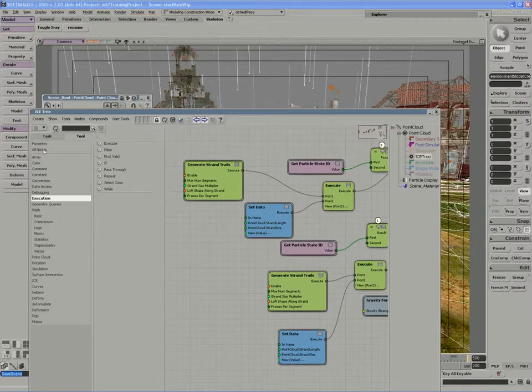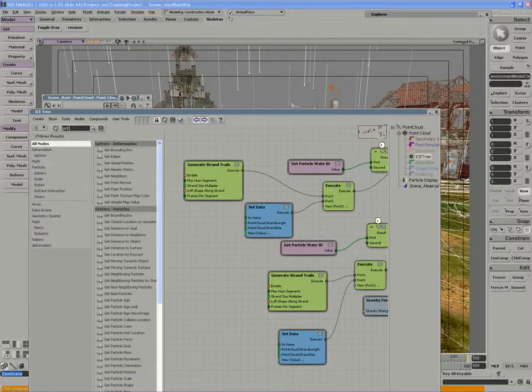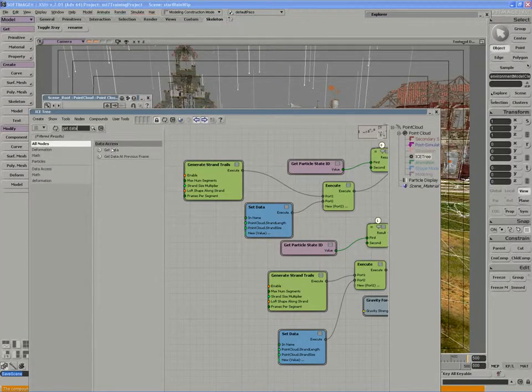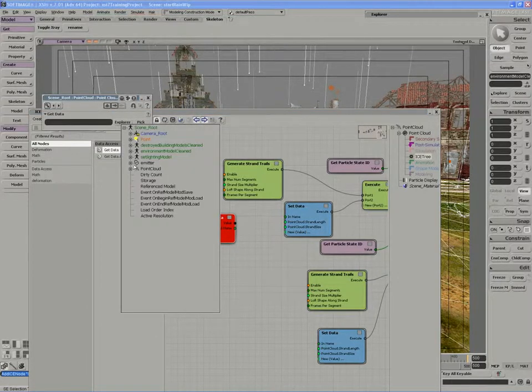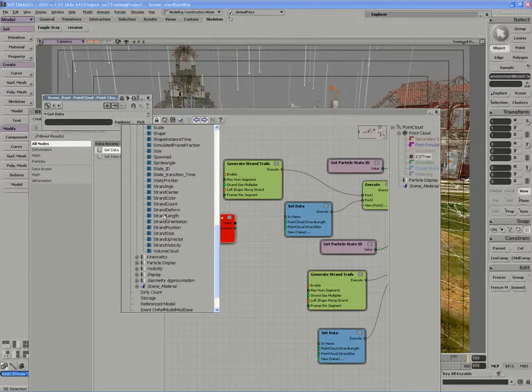Using the get data nodes, I'll just explore for it with my filter. I'm going to get the strand length and strand size. So I'll explore for both here on the point cloud. Retrieve those same values,